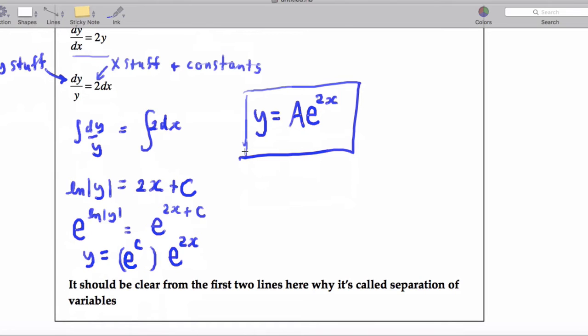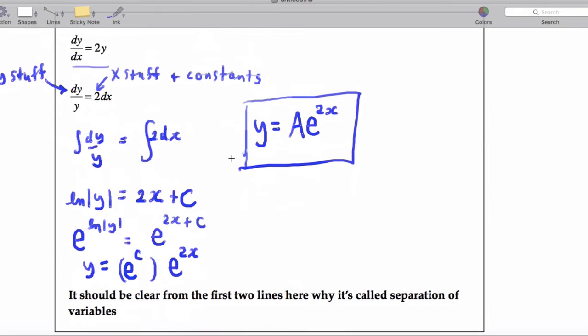And what we're going to do in the next couple pages is we're just going to practice this process and practice this process. I want to lay out